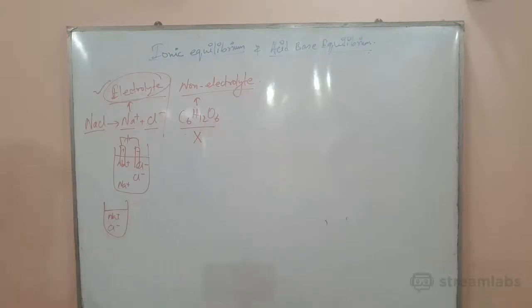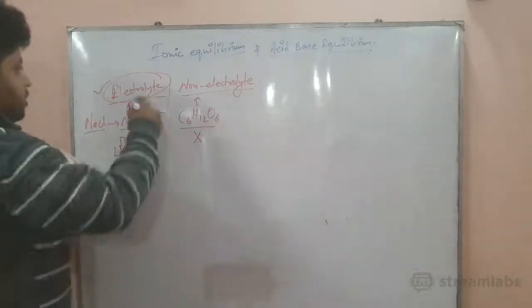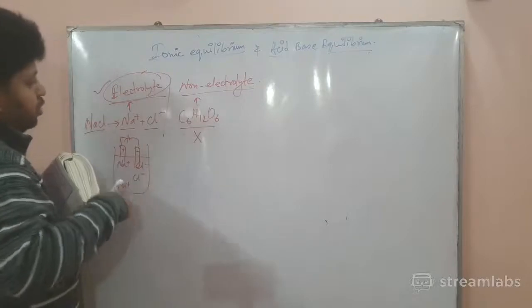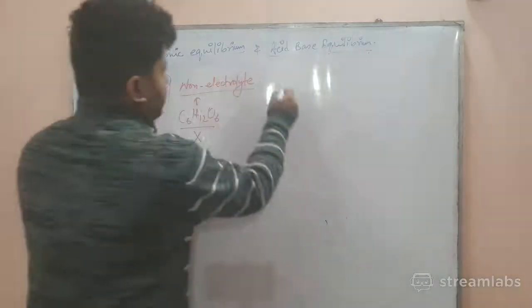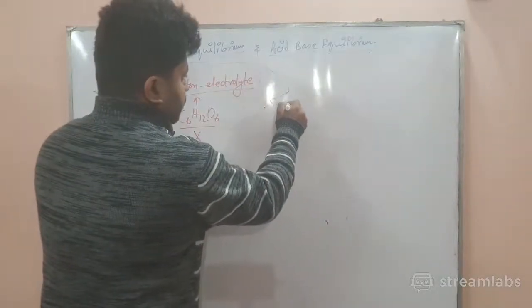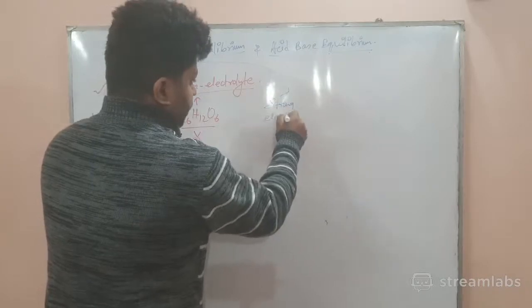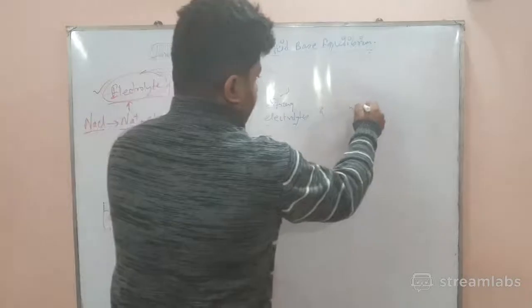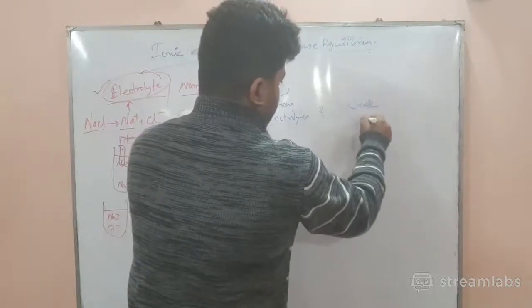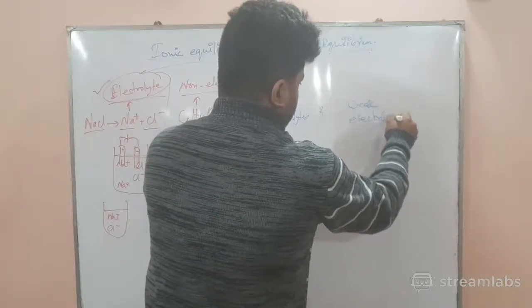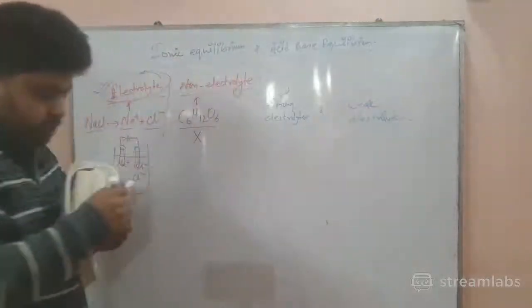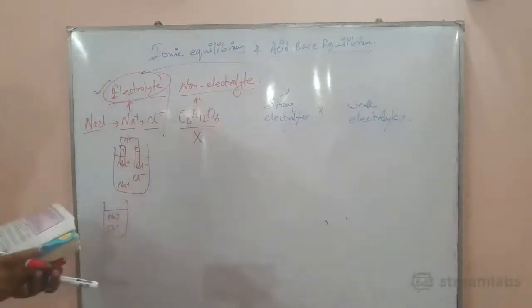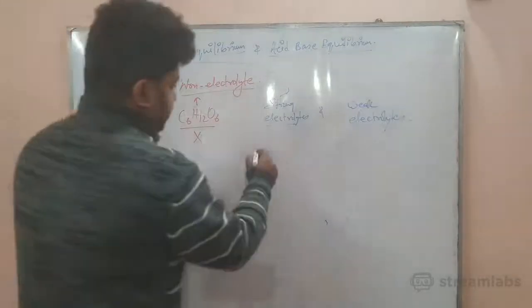Now, when we speak of electrolytes, electrolytes can be broken down into two types: strong electrolytes and weak electrolytes. Now, who are strong electrolytes? Who are weak electrolytes? One simple term which can explain strong and weak electrolytes is